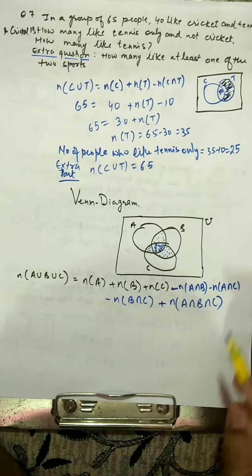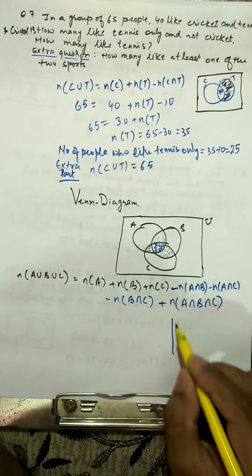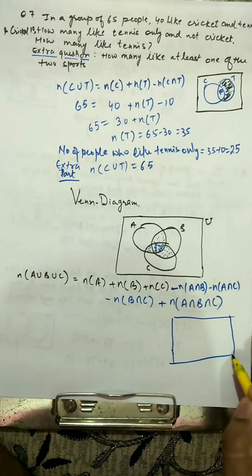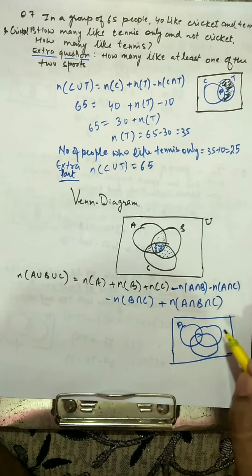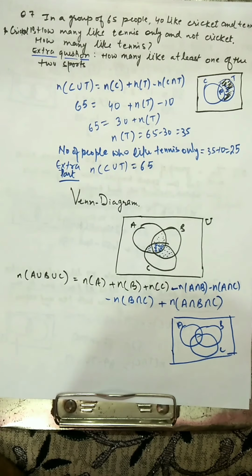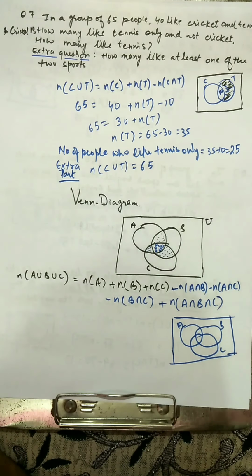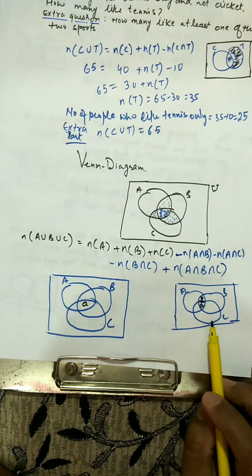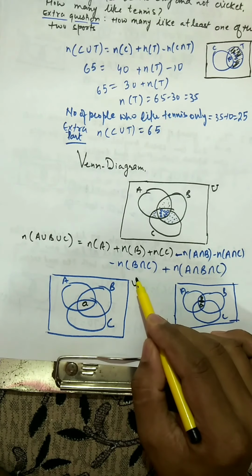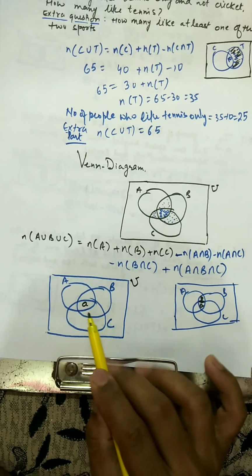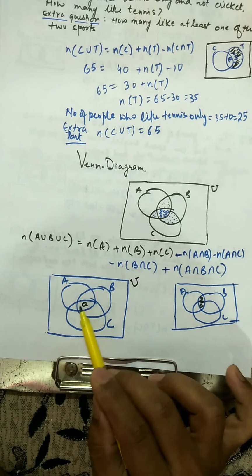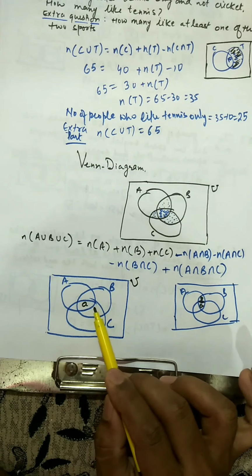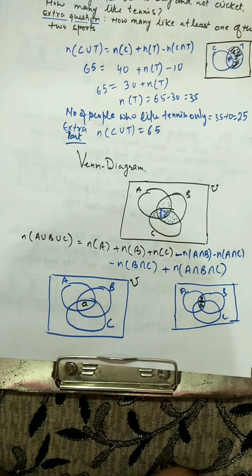Now I am going to discuss this with a Venn diagram, in terms of areas. So let's say this is A, this is B, and this is C. I am using small letters to represent different areas, and we'll discuss the areas one by one. The previous Venn diagram was smaller, so I just made it bigger. Now we are discussing this small a first. This small a area is representing the intersection of all three sets.